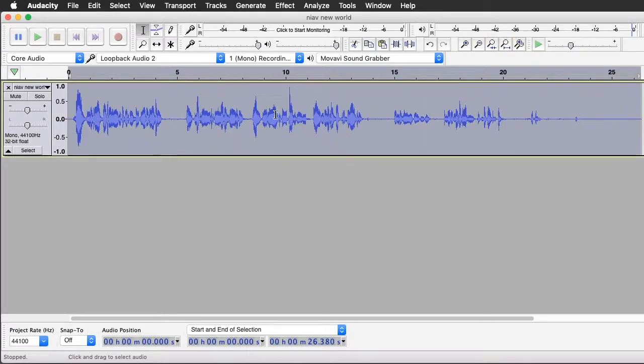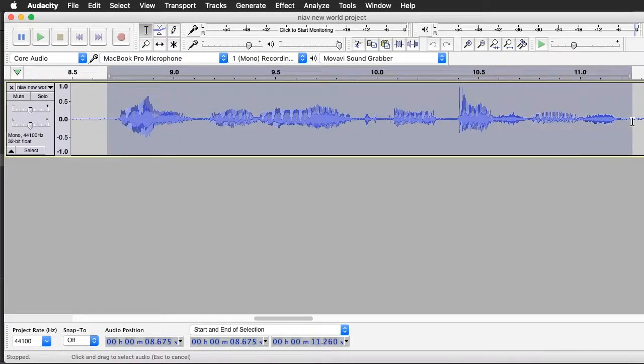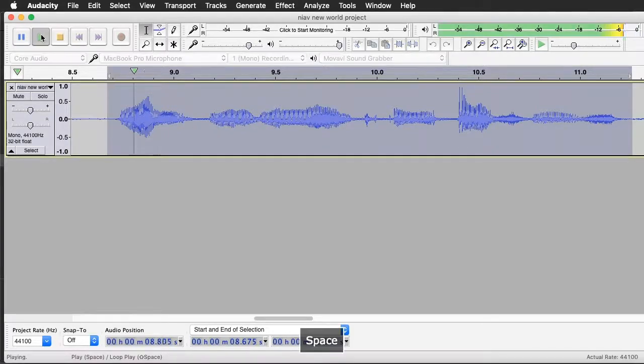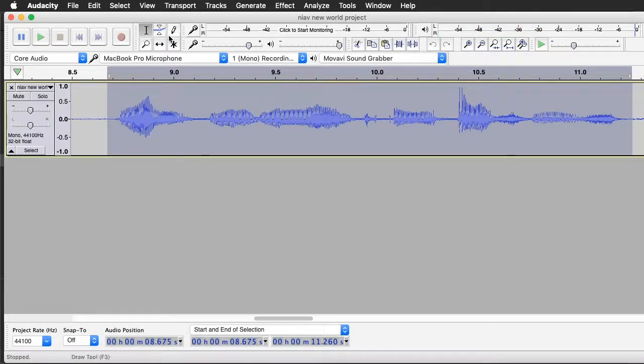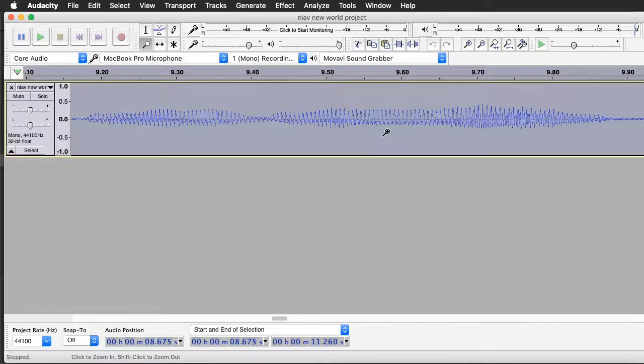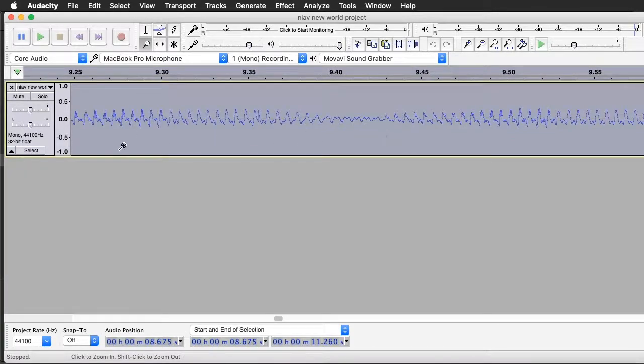So we'll zoom in on that section of the sound where there's the problem. And using the I-beam, I can select an area, and then I can play it with the space bar or the play button. One where we're not all assholes. I can zoom in even further and try and visually see if I can find what might be the problem. If I zoom right in on where I'm hearing that problem,